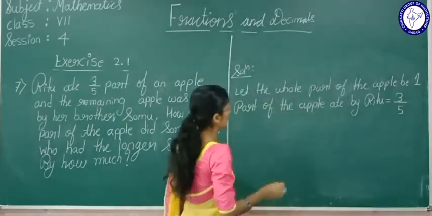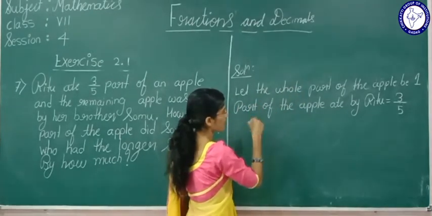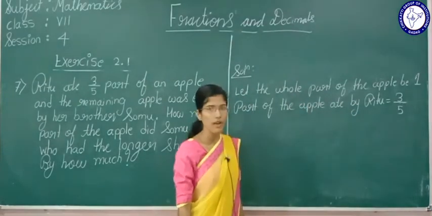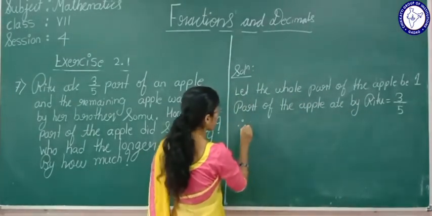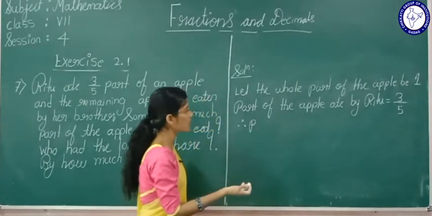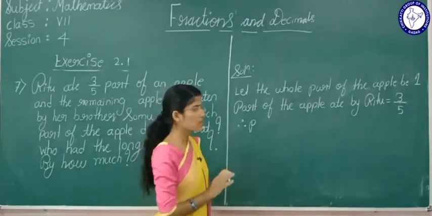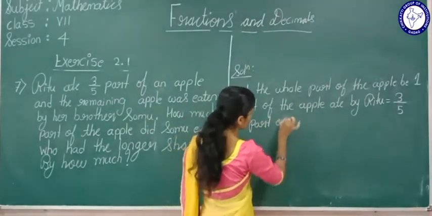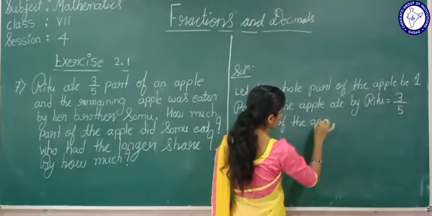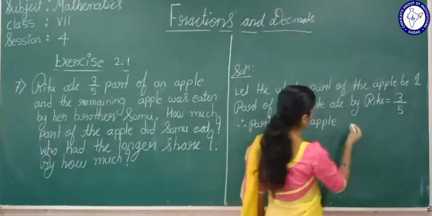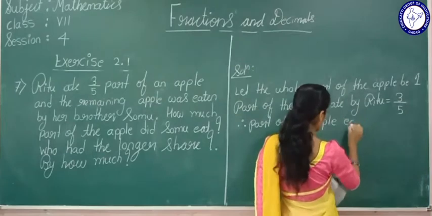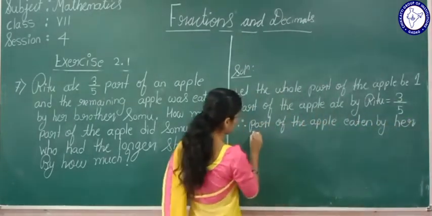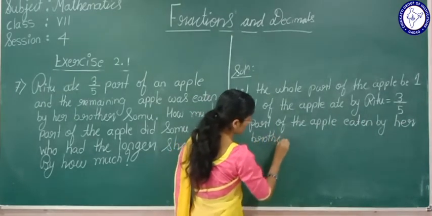In whole 1 apple, part of the apple eaten by Ritu is 3 by 5. Therefore, the remaining part definitely his brother Somu will eat. Therefore, part of the apple eaten by her brother Somu is equal to,